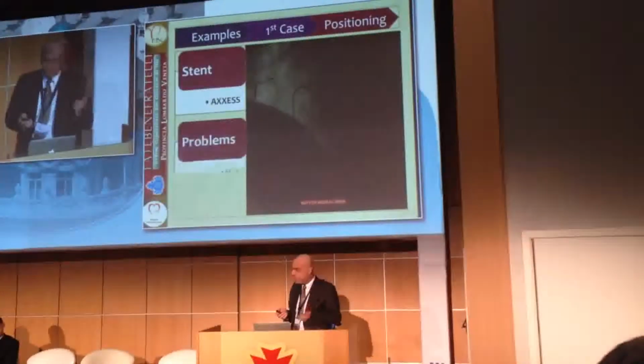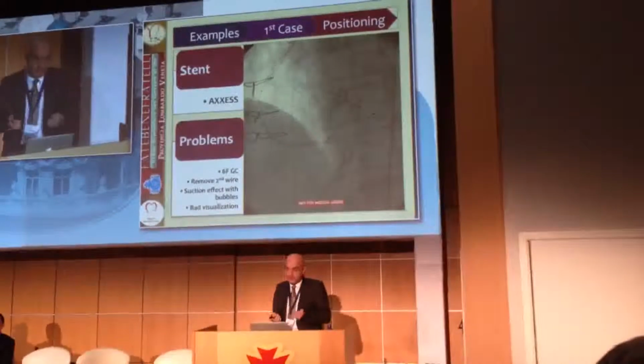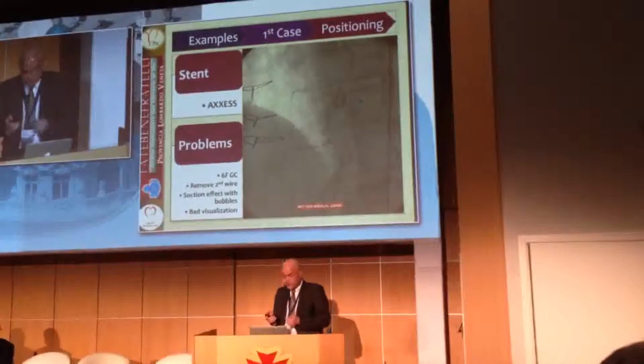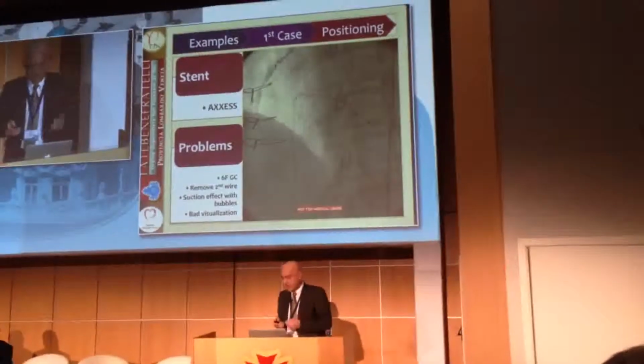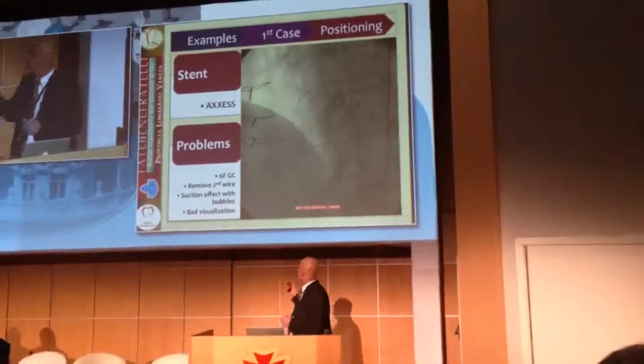I was with the 6 French, and you know that AXXESS is a stent that requires a 7 French catheter. If you're using radial approach, you can use a sheathless catheter. So I decided to put AXXESS over the 6 French guiding catheter, removing the second wire. So you have to be